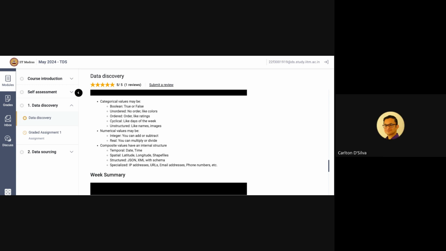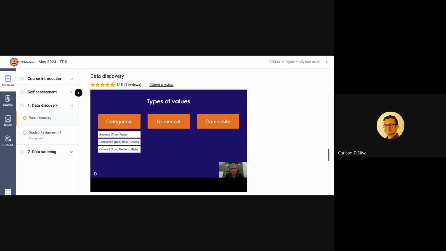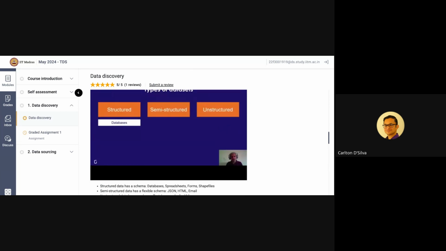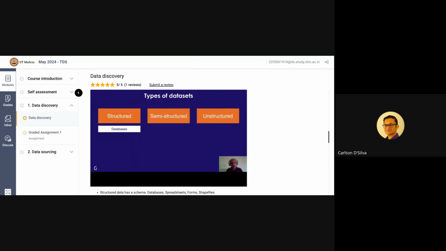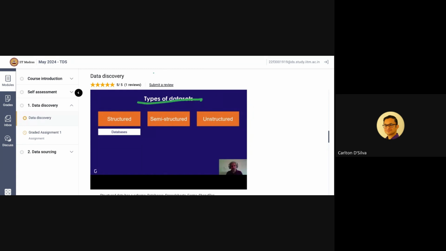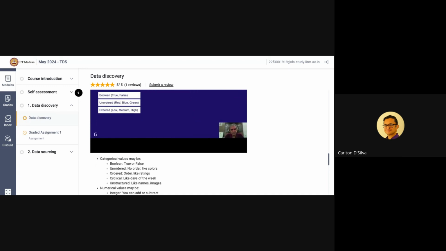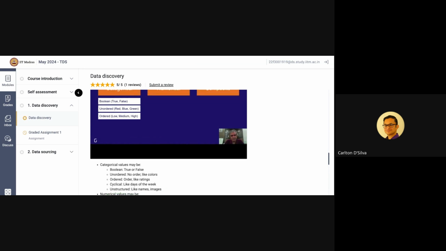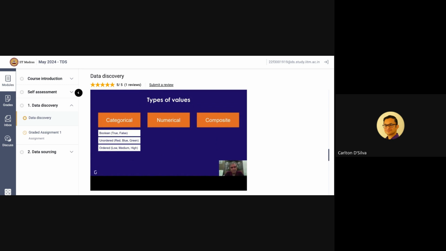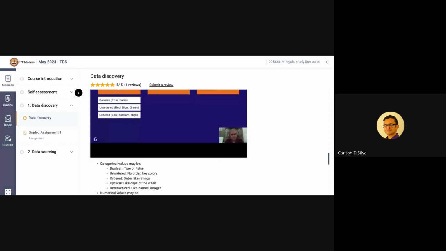Okay. The one thing to be careful here is here we are talking about types of values. This is not the same as talking about types of data sets. So this unstructured that you see over here is different because it's talking about data sets. Whereas the unstructured here, I know you're looking at this aspect here, we are talking about a type of data value, and data values have been split into three main categories: categorical and